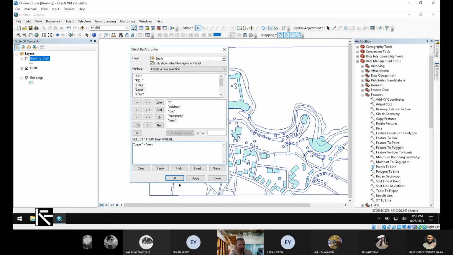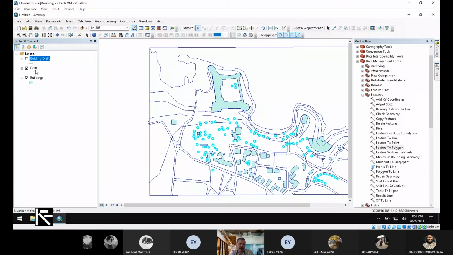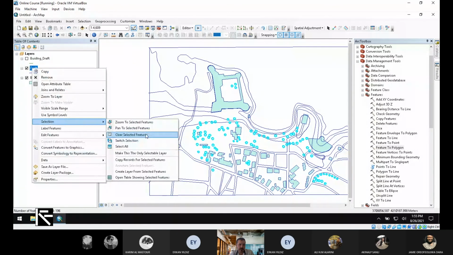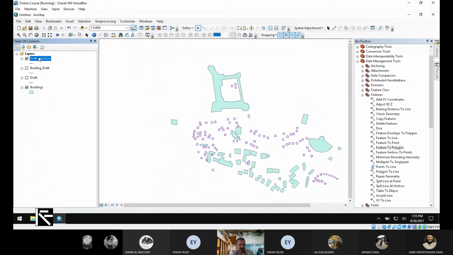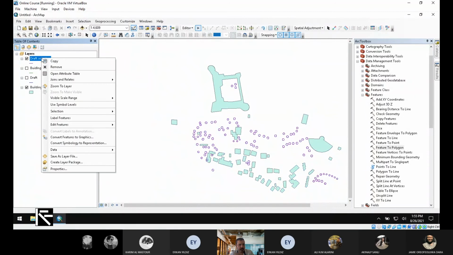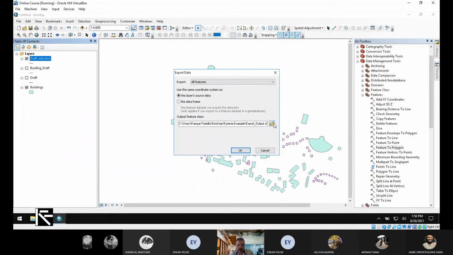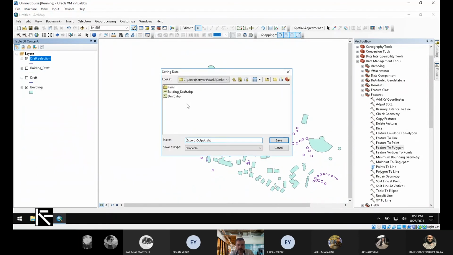You see all the trees chosen. Once more, I'm going to select, create a layer from selected feature. This one becomes my all trees. I'm just going to export it to here. I will call it a tree